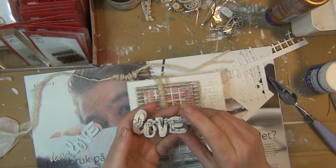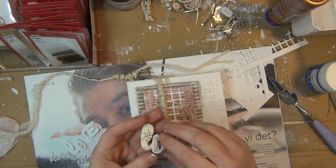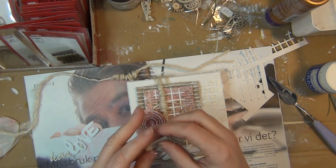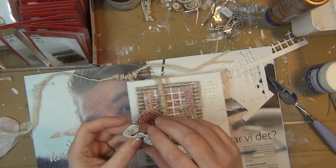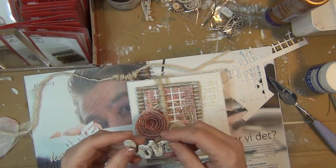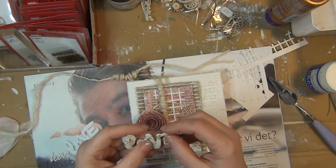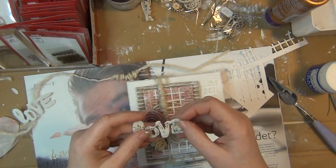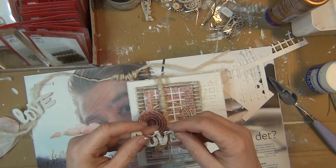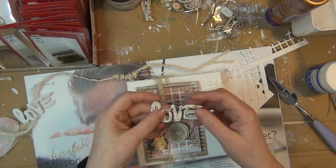Then of course it's important to get it absolutely spot on top of the other. But since it's die cut out of fun foam, it might not be perfectly cut, and then it's going to look distorted. So I might luck out better with this one. And of course, come to think of it, I could have cut this out of, let's say,